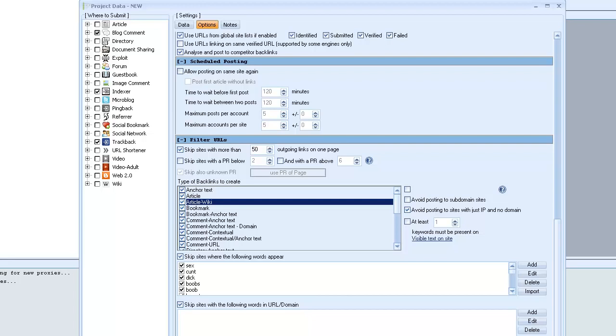That's not very useful in most campaigns now, but for a specialty thing, that may come in handy, and who knows in the future what our needs will be. If you ever need the setting, it's here to use. So those are some general filter settings to, again, fine-tune and eliminate links from certain sites that we don't want links from, bad neighborhoods, sites that